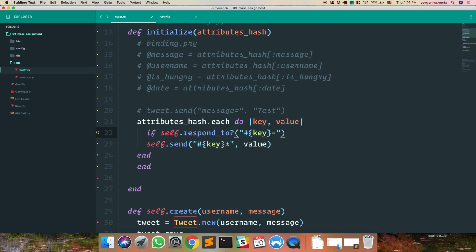Because in Ruby, methods that return booleans usually have a question mark after them. Now my linter stopped yelling at me. Thank you, linter. All right. So now we're checking, is this method something that tweet will respond to, this writer method? If it is, then write that attribute. Only if it's something that it responds to. So if there's extra stuff in my hash that it doesn't know how to respond to, it won't break my